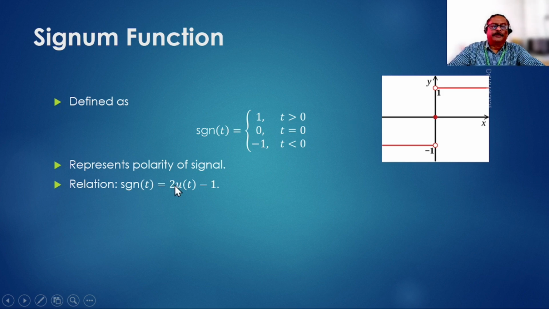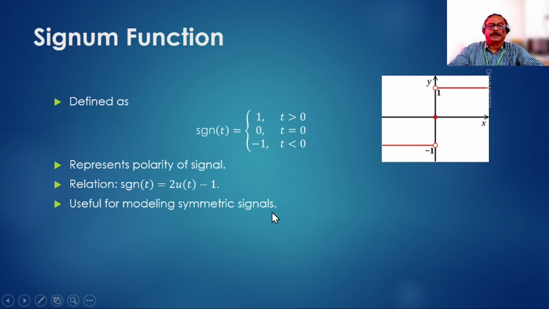So 2u of t will be 0 for negative time and 2 from 0 till plus infinity. And if from that we subtract 1, then 0 minus 1 everywhere gives us a minus 1, and 2 minus 1 gives us a plus 1. Therefore it is the same as our signum function,